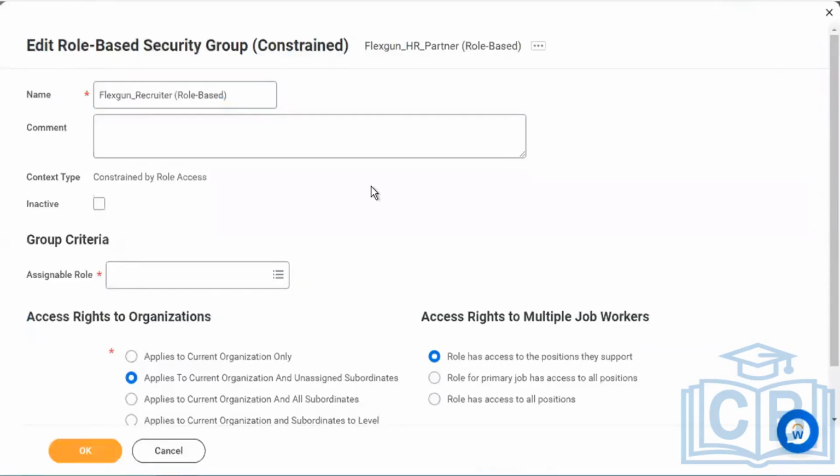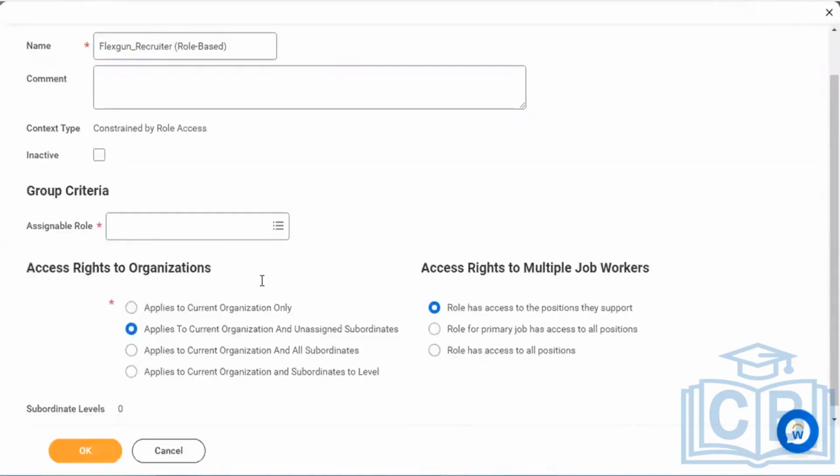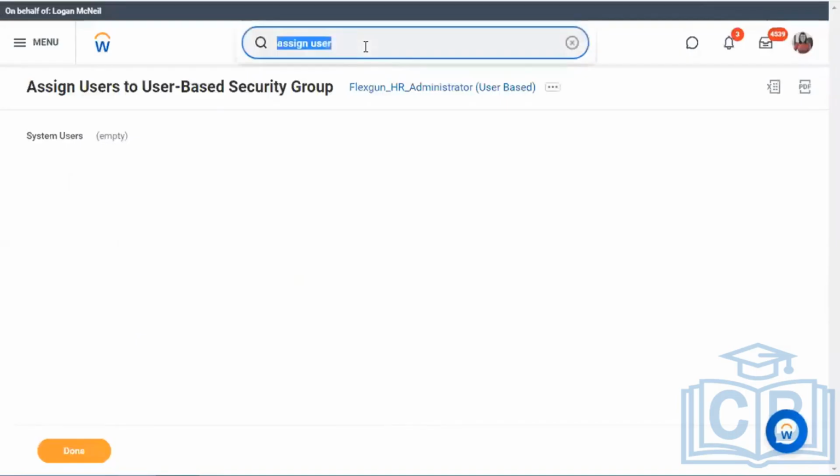Now coming back to access to this organizations. Once we have our Flex Gun recruiter assignable role added and ready, we'll add it here and then we'll use that role. Keeping in mind that role will be assigned, let's say I go to a particular organization, my Flex Gun locations.